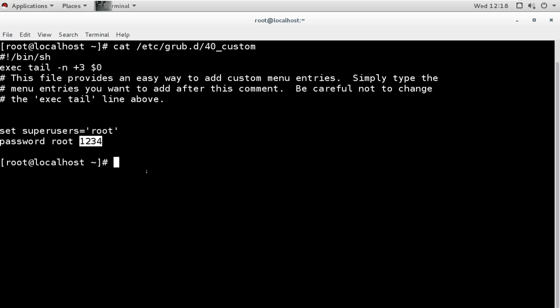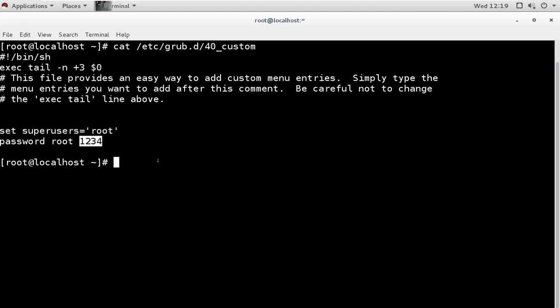This is the way of assigning the password, but the password is not secure. So we should have a secure password for Grub also. Secure means it should not be plain text, just like the root password, which is not plain text, it is a hash password. For assigning a secure password, we need a secure hash for our password first, and then we can use that password hash in this configuration file.